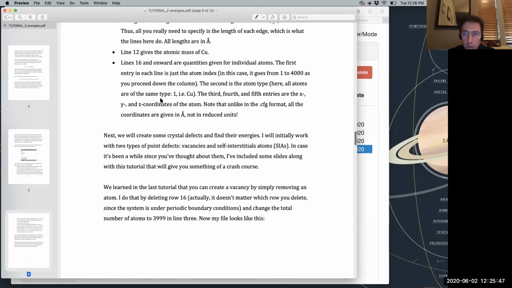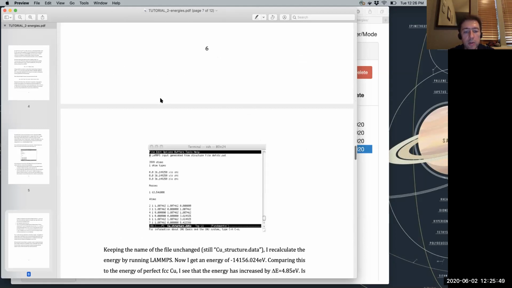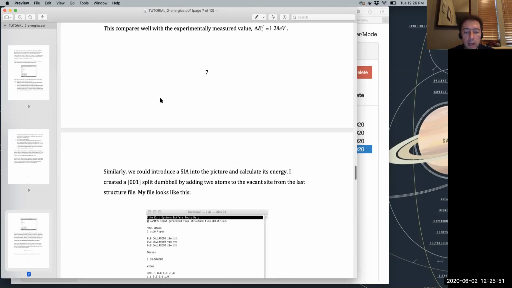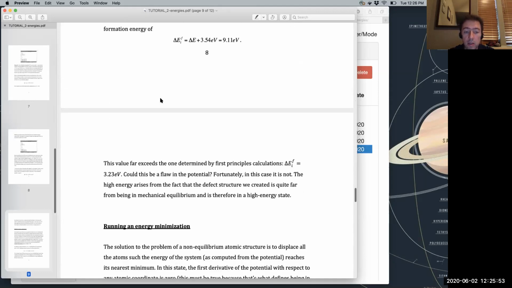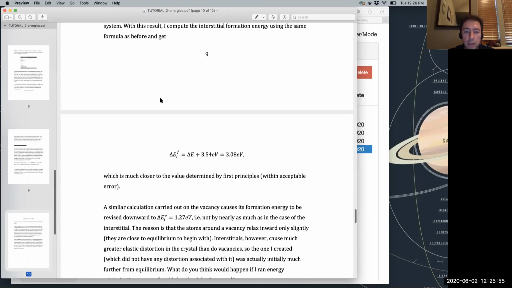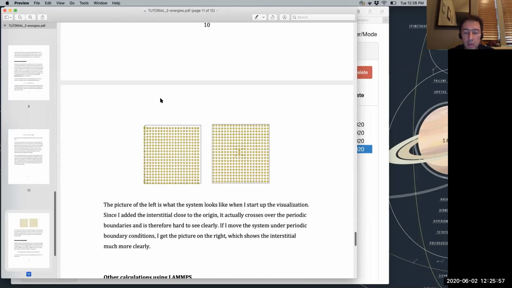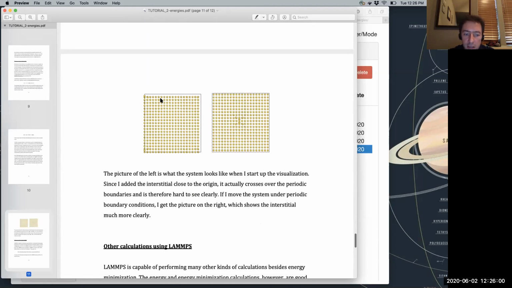During this tutorial on Thursday, I am also going to be talking about vacancies, right? So if you go down here, eventually I'm talking about relaxing crystal structures. I'm going to be talking about vacancies, but I'll also say a few words about self-interstitial atoms, right? So you know that vacancies are point defects in a crystal.